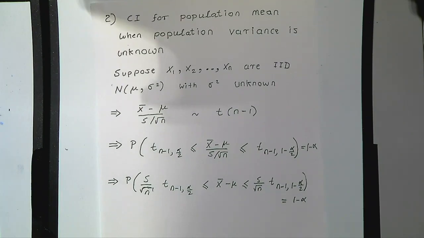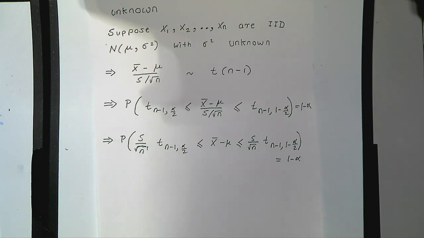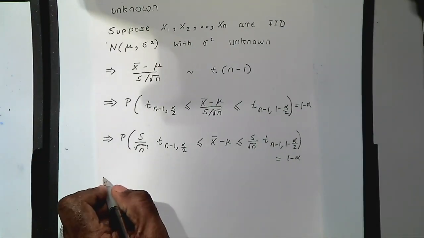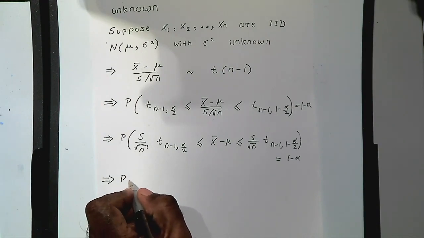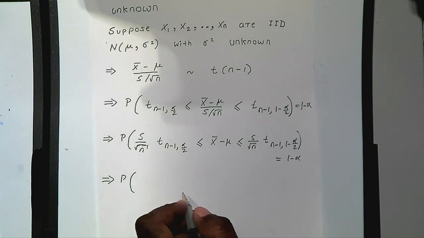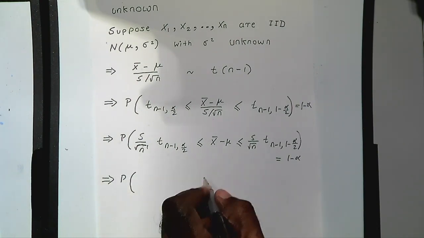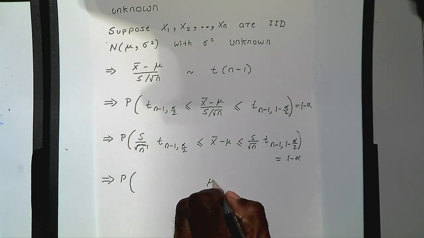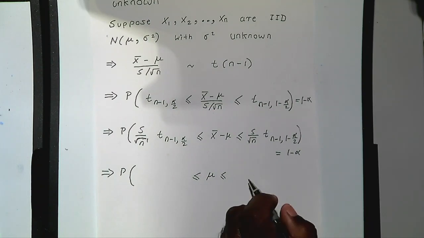Right? So what I've done in this step is just to take the denominator to the left and the right hand side. Okay. Now this you can write like this. You have mu in the middle, right? And on the right hand side you will have